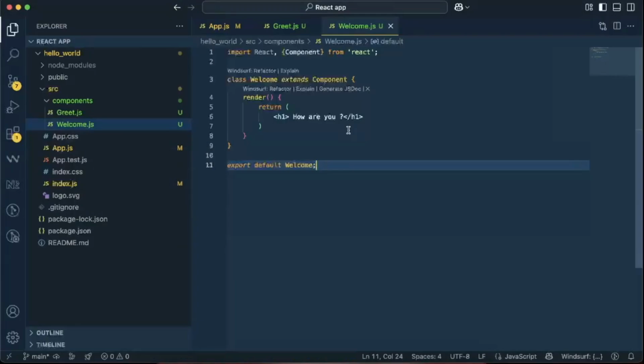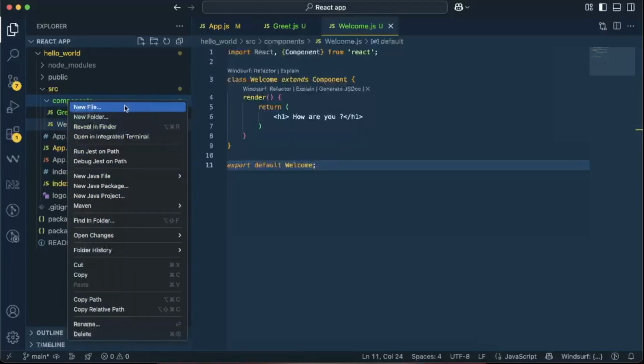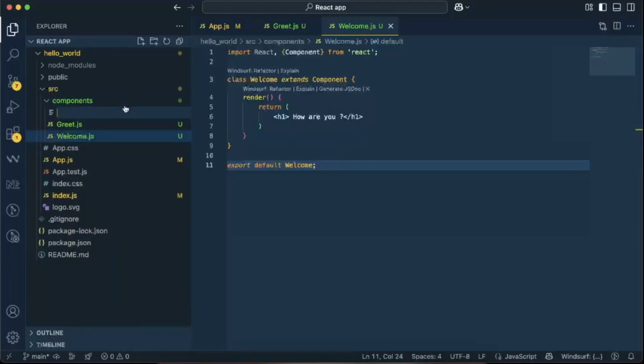Now what I will do is create a React component using JSX and without using JSX. That way you not only understand how JSX translates to regular JavaScript, but also appreciate how it brings simplicity to our code. I am going to start by creating a new file in our components folder. The file name should be hello.js,